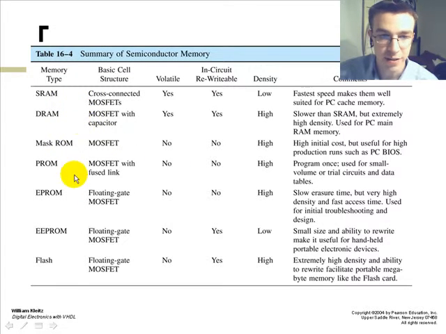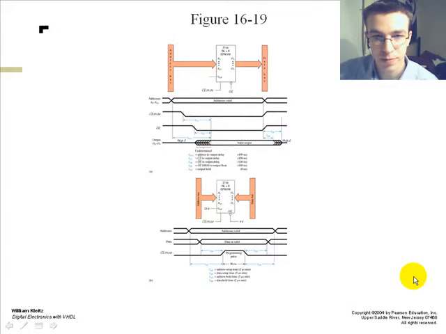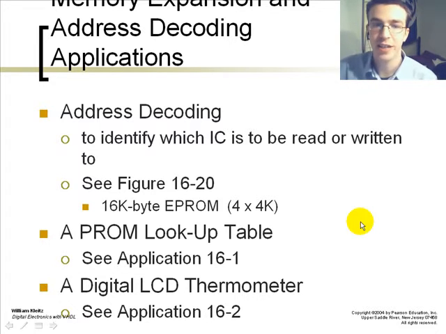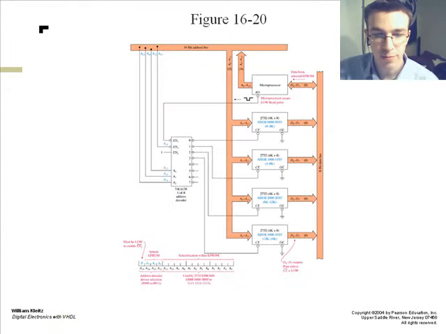These are the different types of ROMs using semiconductor memory. This is a table of exactly what I had just gone over. Memory expansion and address decoding applications. Address decoding identifies which IC is to be read or written to. And this is an example